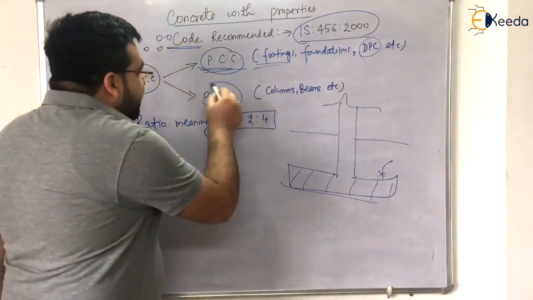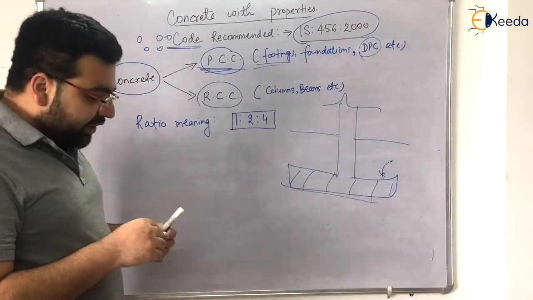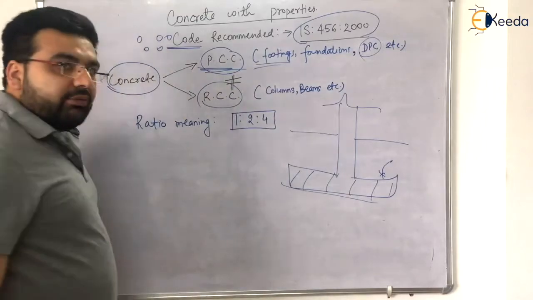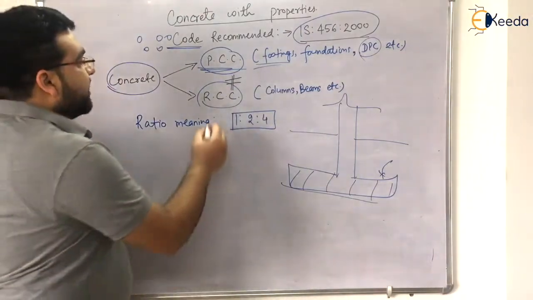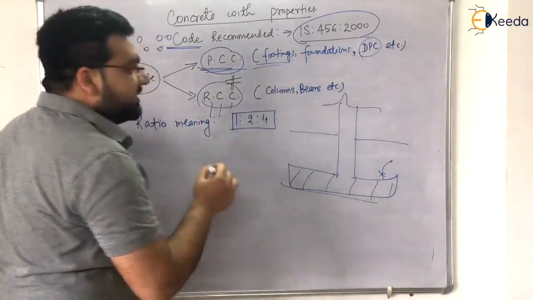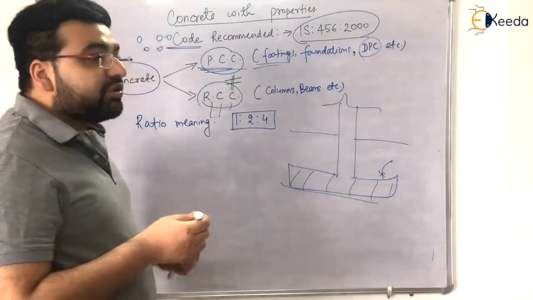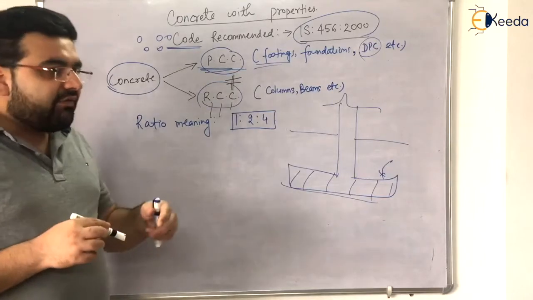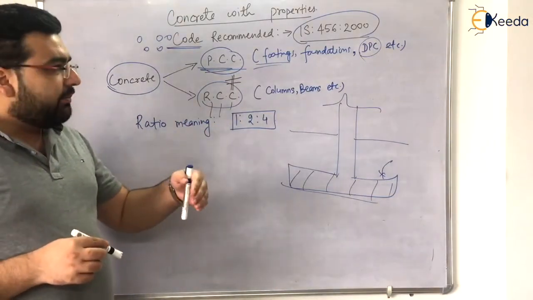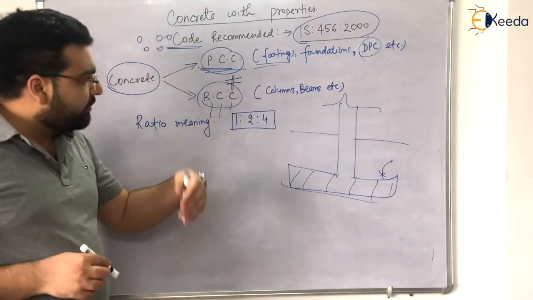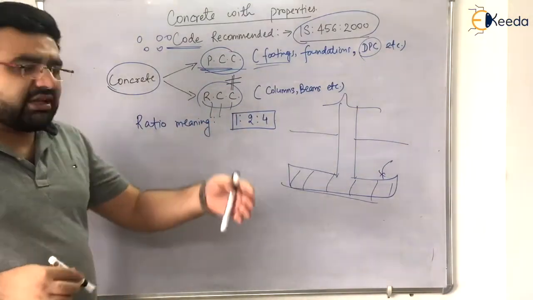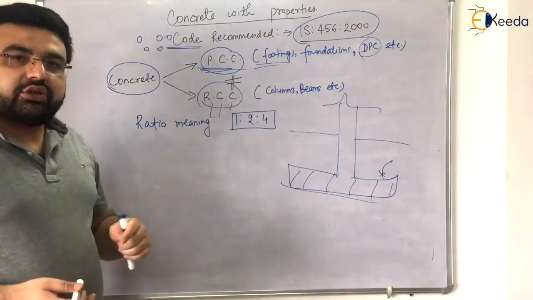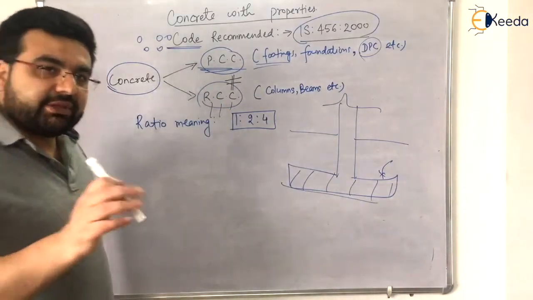Now, as far as the design of structures is concerned, we will be strictly dealing with RCC, right? So we will be designing the RCC structures. RCC means reinforced cement concrete. It means that in cement concrete, you also have reinforcing bars. Now the question is, why are reinforcing bars used? Why not some other substances, some polypropylene, or some plastic? Why don't we use those things? Why only steel? So that also has a reason. I will explain that in detail.